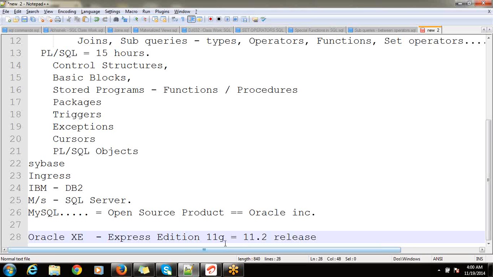Once you download that, there will be a button adjacent to that Windows 8 environment. You can see Oracle XE for Windows and Linux environments. You can choose the Windows environment. Based upon your machine, 32-bit or 64-bit, please check your machine's architecture. You can choose either 32 or 64-bit during download.